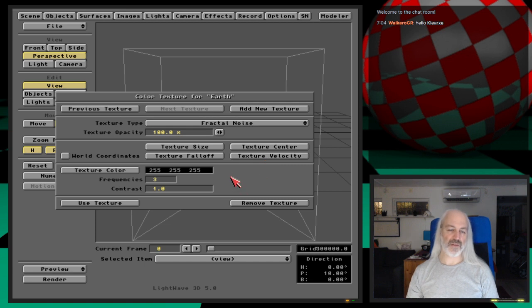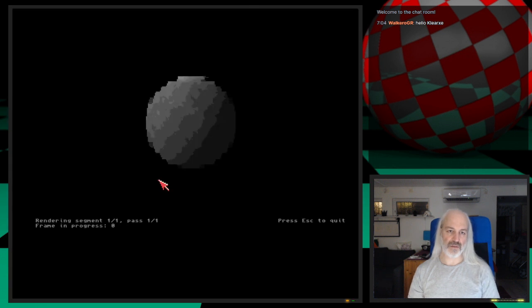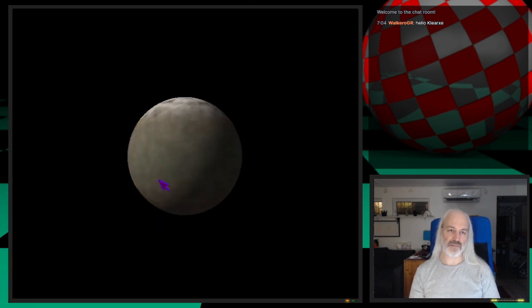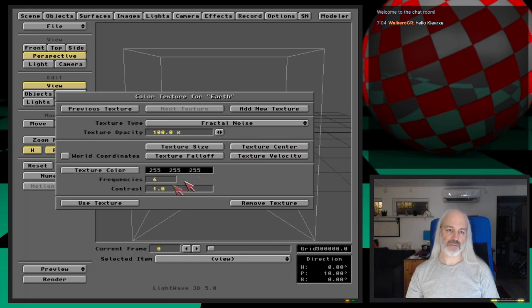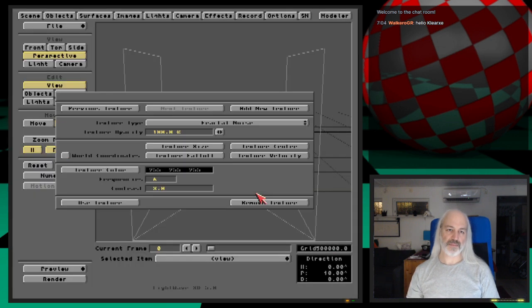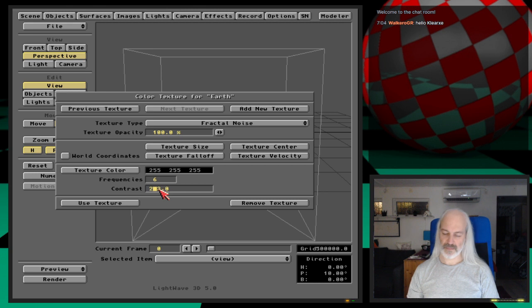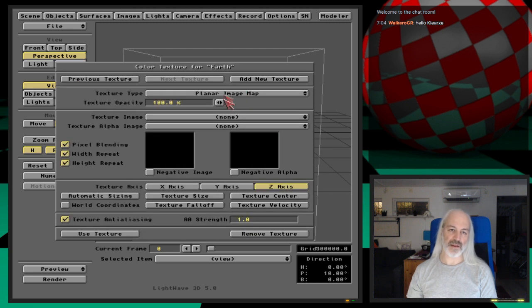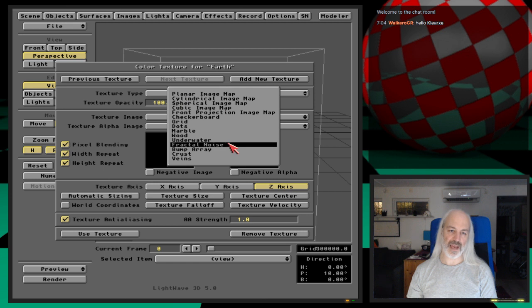and we can do it. We can have it actually. Hold a minute. Let me set frequencies to 6 to have more of a, there, and contrast to 3, there perhaps, or something like this. And you can start adding layer upon layer. You can also add another snow layer, for example, in the same